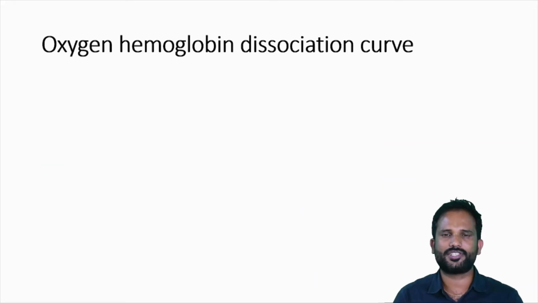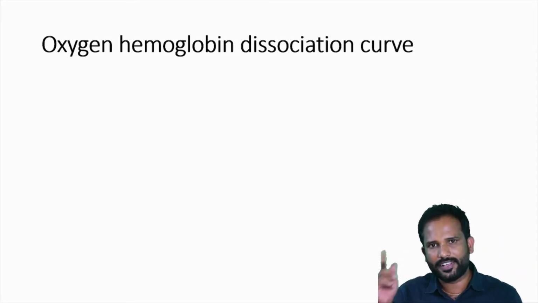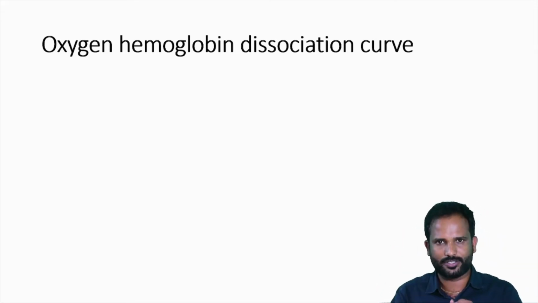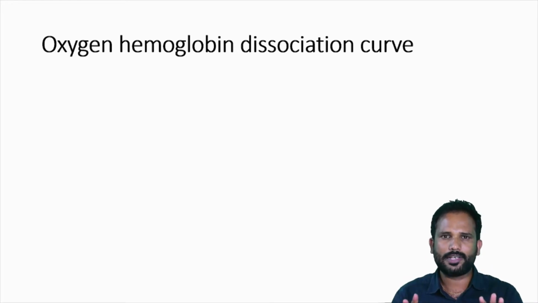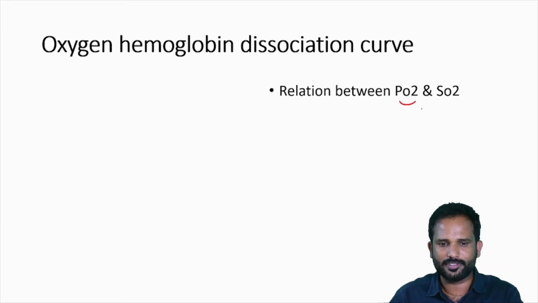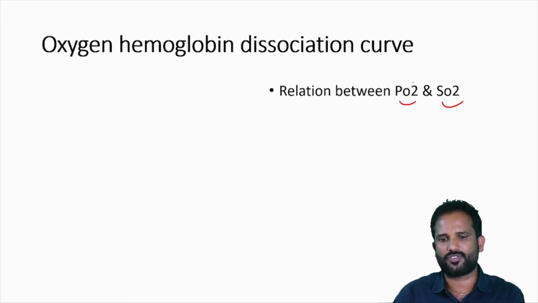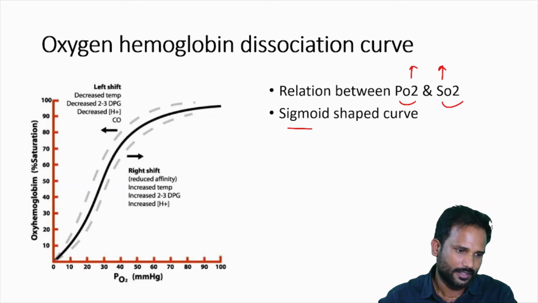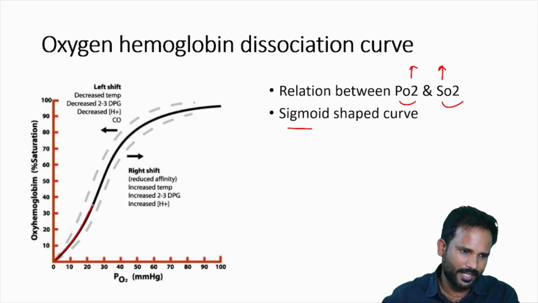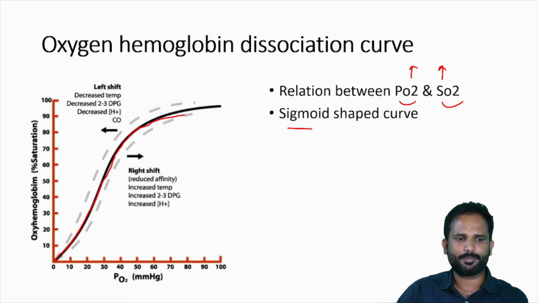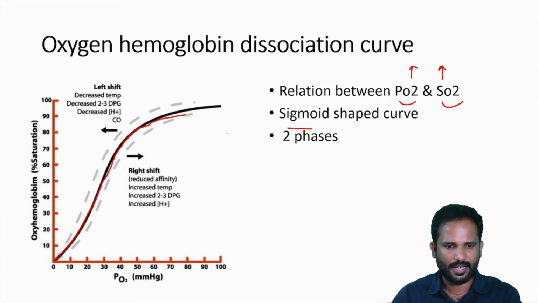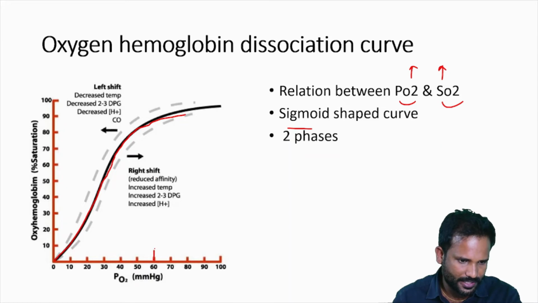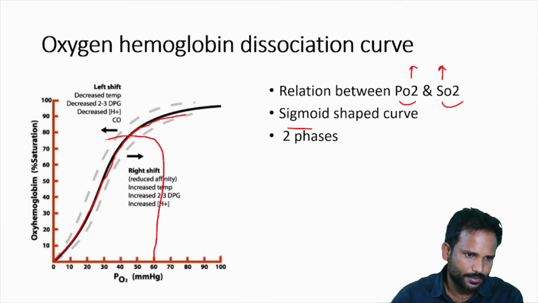And relation of the partial pressure of oxygen with hemoglobin dissociation or association, we are plotting a curve called the oxygen hemoglobin dissociation curve. So it is a relation between partial pressure of oxygen with saturation of oxygen. If it is more, this will be more, and it is a sigmoid shaped curve. The relation is not a linear one, but it is a sigmoid shaped curve or S-shaped curve, and it has two phases. If you see here, up to 60 mmHg,